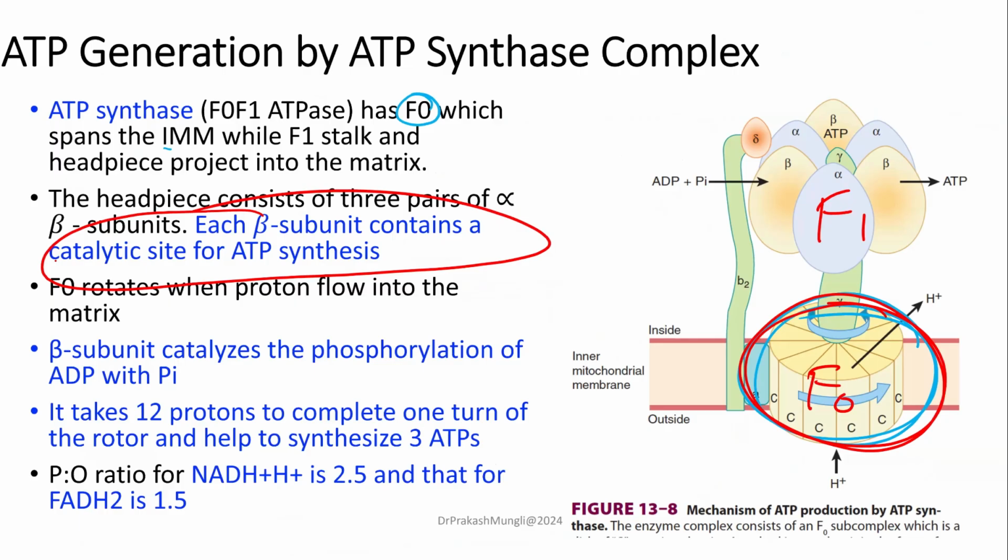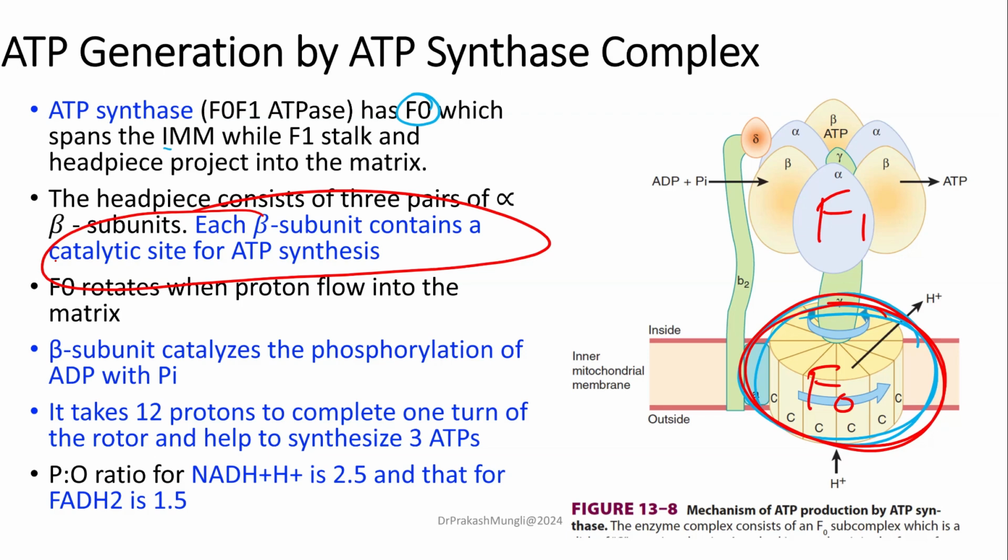F1, here it is, F1, it is shown here. As you see, ADP combines with Pi, and which subunit is shown there within that F1? Beta subunit. Beta subunit is a catalytic subunit in ATP synthase. That's where phosphorylation happens. Okay, and that is the point. So beta subunit catalyzes phosphorylation of ADP with Pi. I have written here. And the last point,